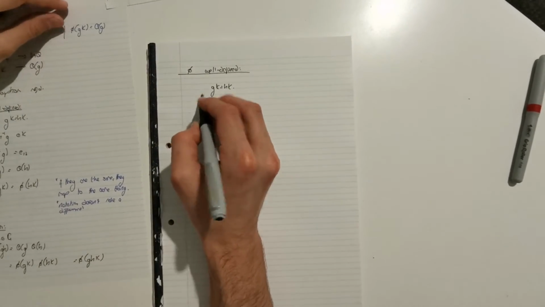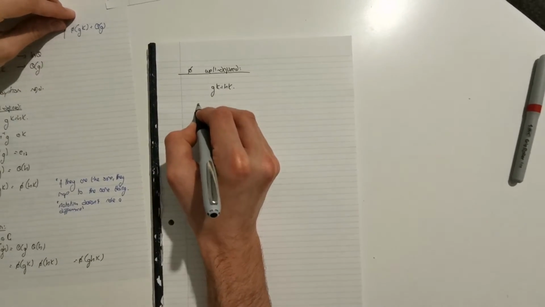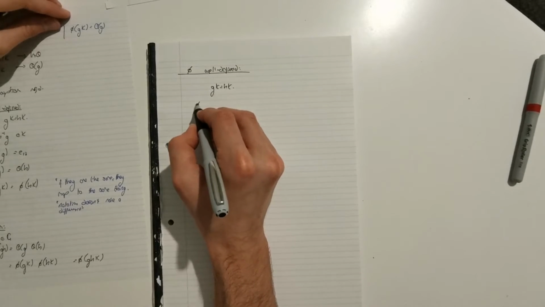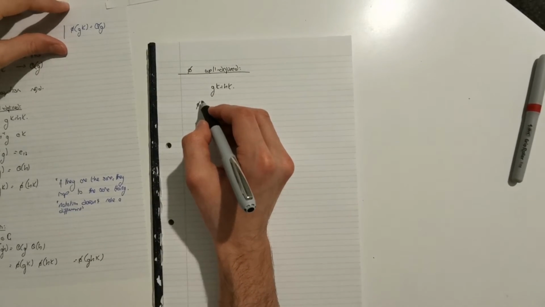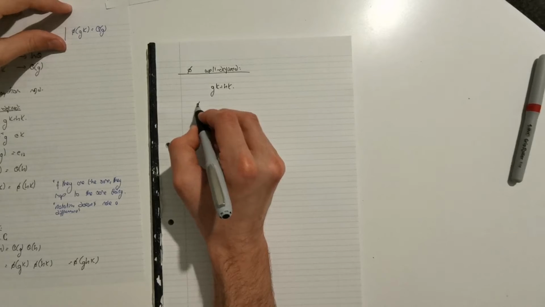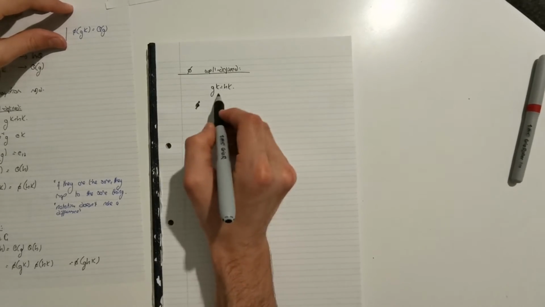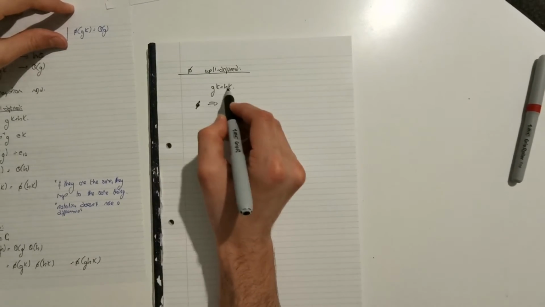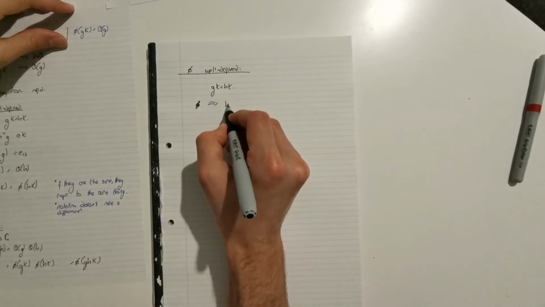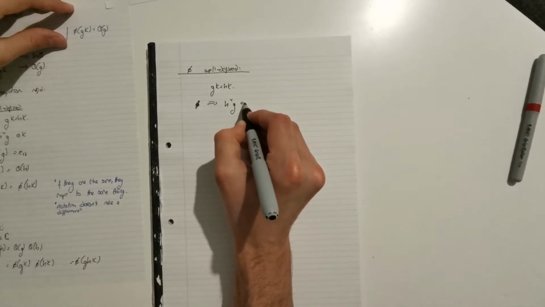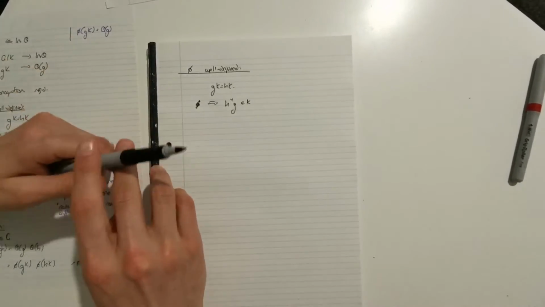Yes, if they are the same thing, we know h minus 1 g sits inside K, and